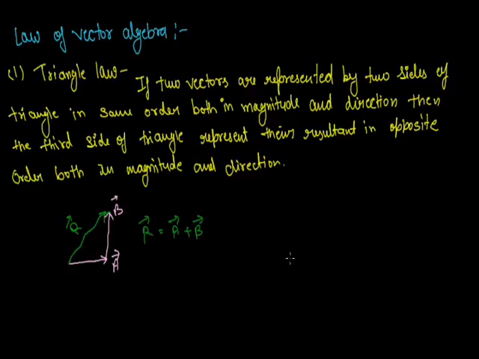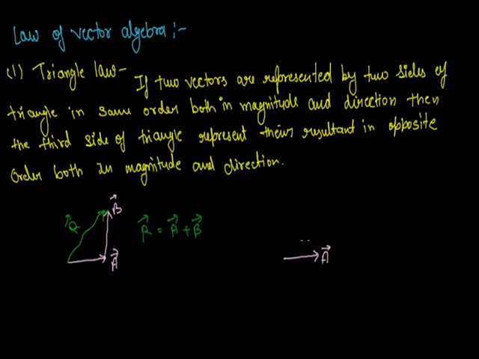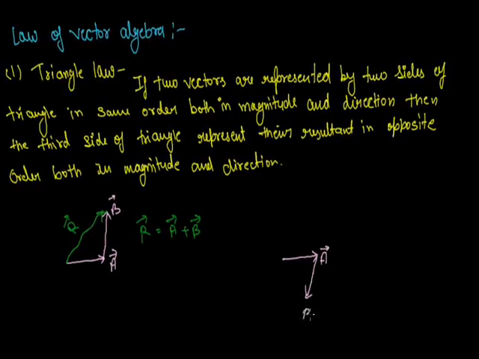And if A vector is written by this and B vector written by this, then this is minus B, then the resultant is the opposite side of the third, R vector, and it is written as R vector equal to A vector